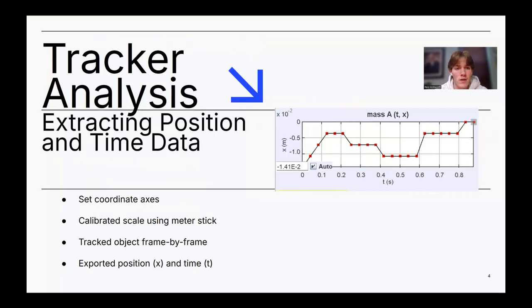in Tracker. The Tracker analysis: extracting position and time data. So we set the coordinate axis, and we calibrated the scaling using the meter stick. We tracked the object frame by frame, and exported the position x and time t. I defined the x-axis in the direction of motion, and then after calibrating, for each moment I extracted the data as seen right here on the x